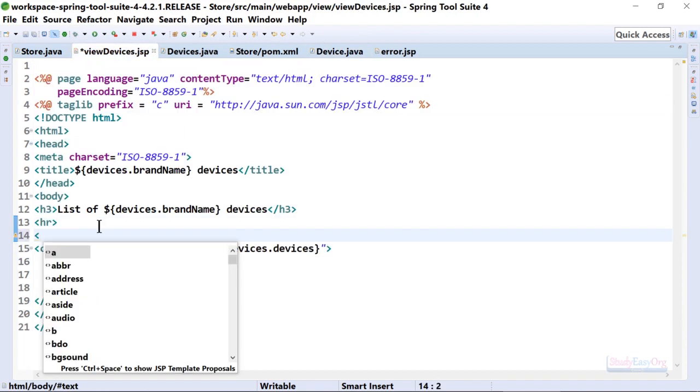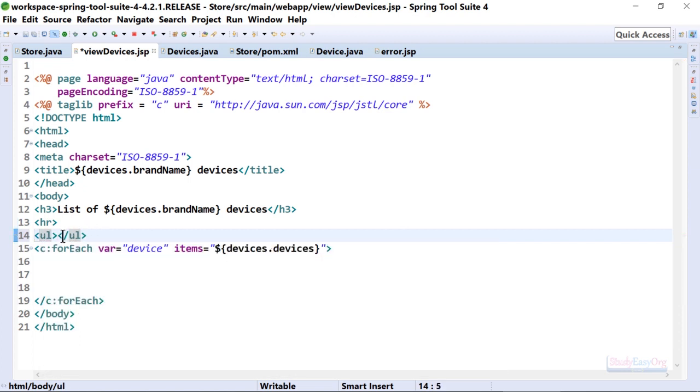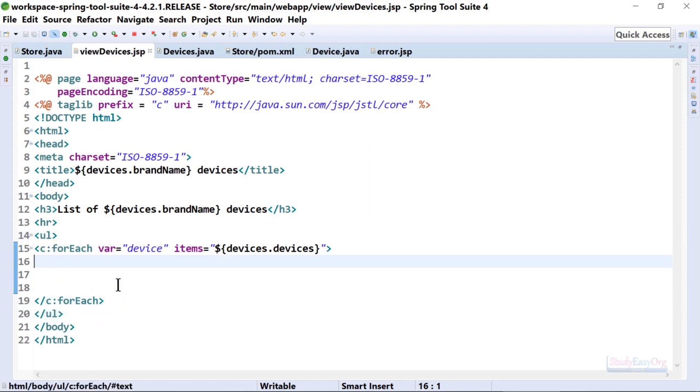So here we will create an unordered list first. Let me close the unordered list. After this, forEach, and inside this forEach we will create a list item, and here we will extract the information. So it would be like, oops, it would be like this: dollar symbol, device dot name,